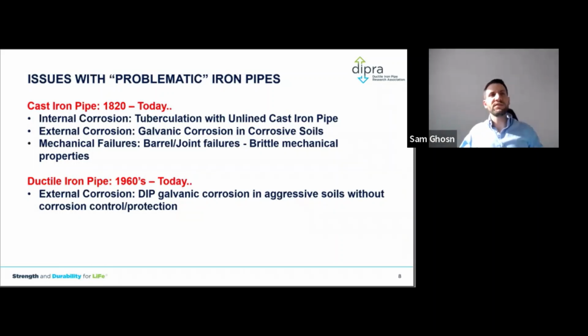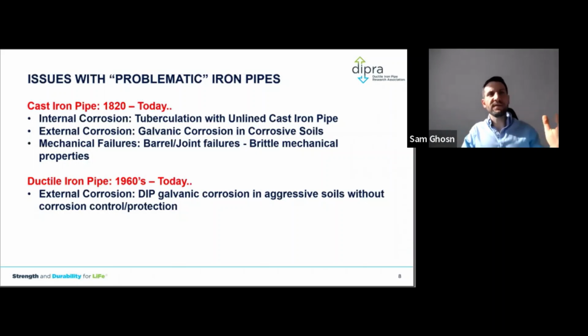Mechanical failures, these were common also with cast iron pipe, and I'll show you in the next few slides what's the difference between gray iron and ductile iron, because they are different materials in terms of mechanical properties. Although they may look the same, they may behave the same in many ways, and they may have the same OD and ID in many cases. However, they are different materials, and that change in microstructure between ductile and cast brings a lot of differences to the performance characteristics of that pipe.